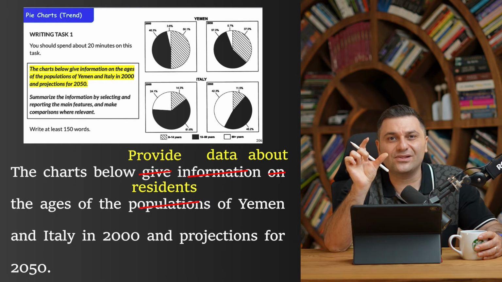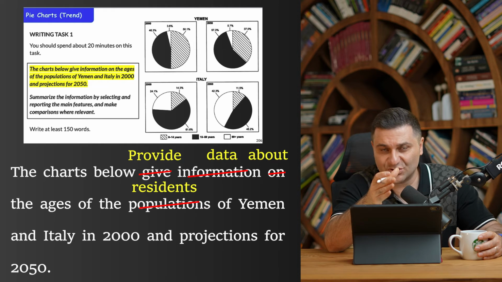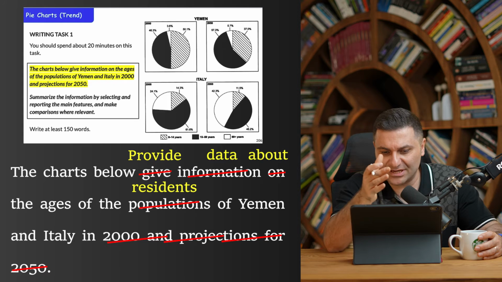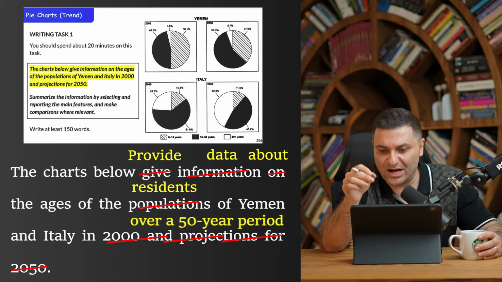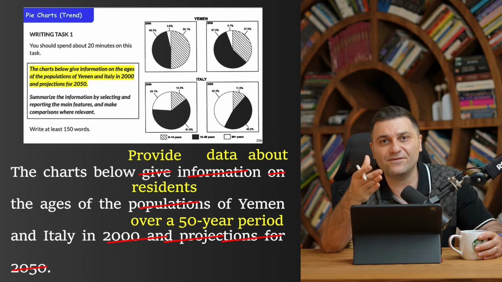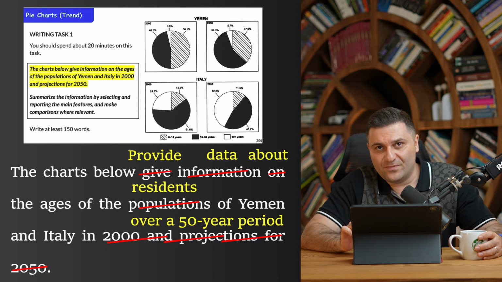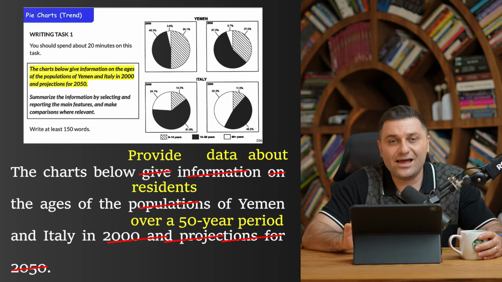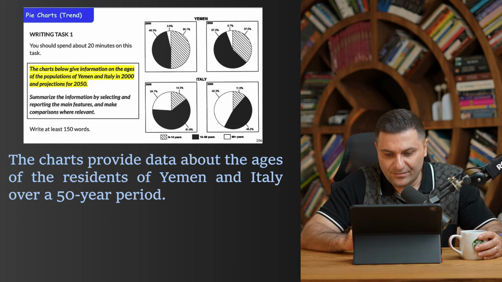Take a look at the last words we have, starting with 2000 and projections for 2050. Instead of this, we can write over a 50-year period. All right? Over a 50-year period. Now, if we change the words, we'll have this sentence. The charts provide data about the ages of the residents of Yemen and Italy over a